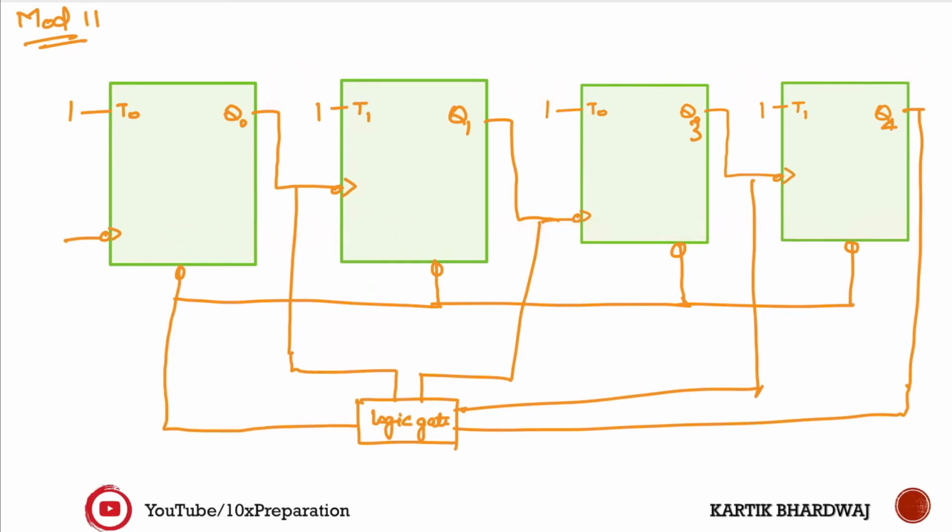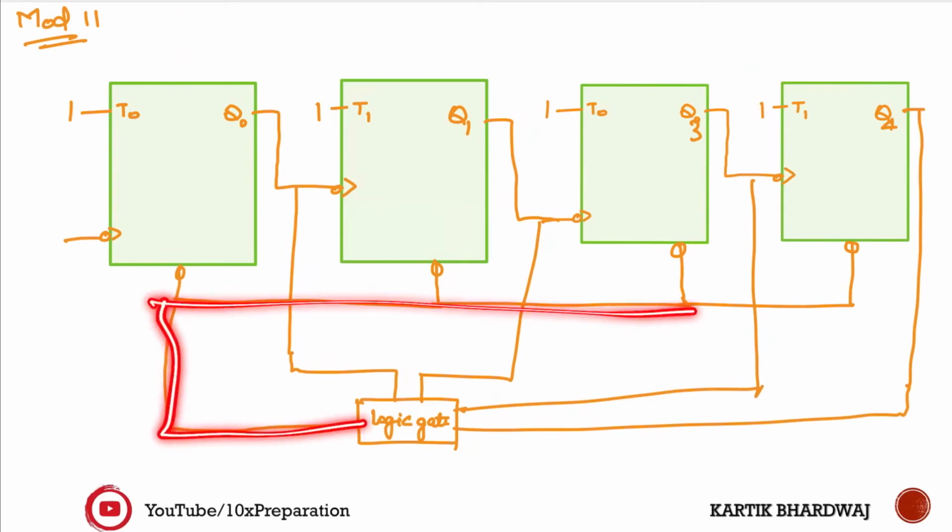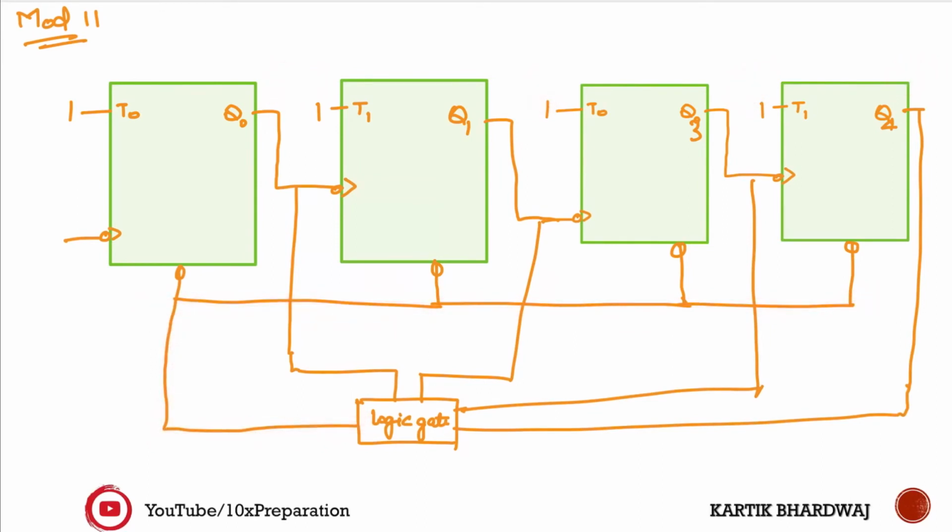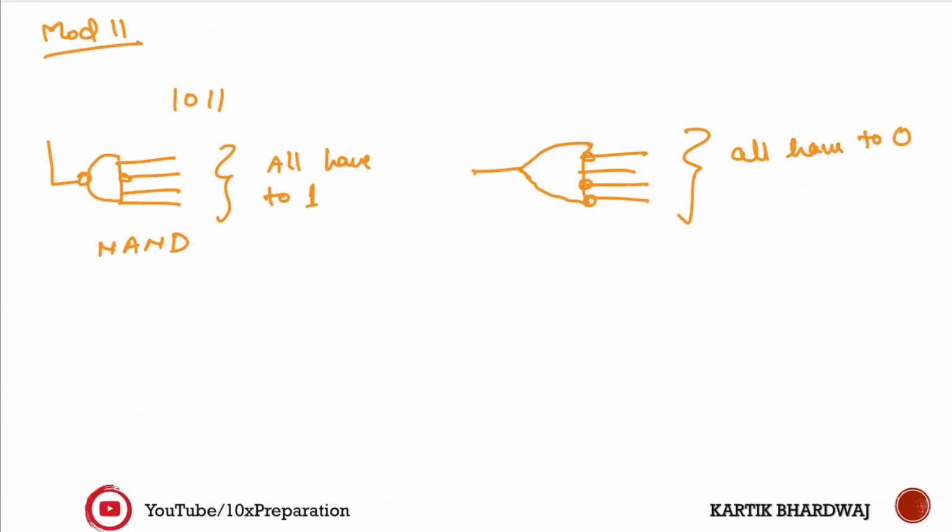All right, so if I ask you to design a mod 11, what will happen? You know that in the asynchronous circuit, whenever the external clock pulse is driven, this is the LSB and this is the MSB. 11 is 1 0 1 1. So it should be like that. If it is there, then at the same time this is going to be cleared, again it should be 0 0 0 0. If I ask you, you can design it by making different logic gates. So you can use this one, mod 11.